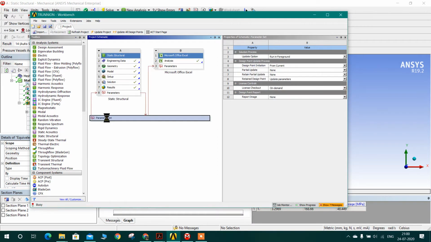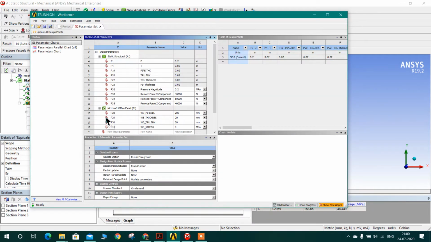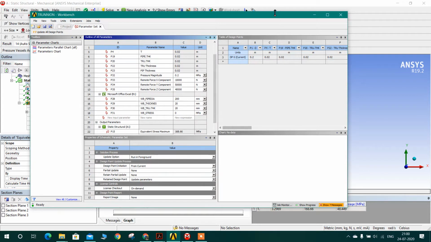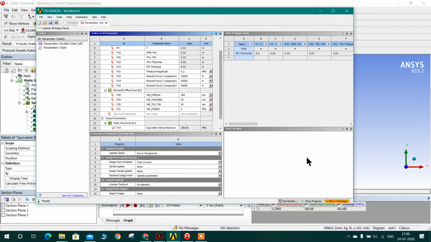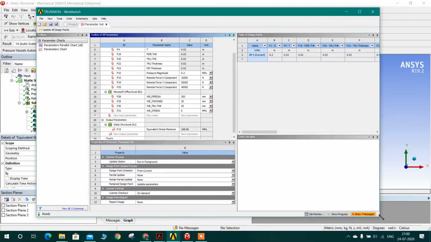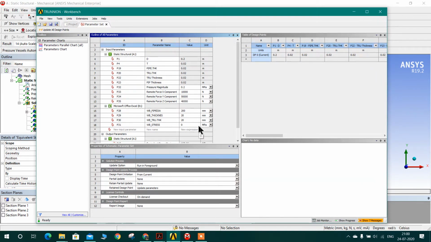So firstly, if you are aware of the ANSYS Workbench module, we can do parameterization for the analysis. What we can do is change the different parameters and quickly get the results output.